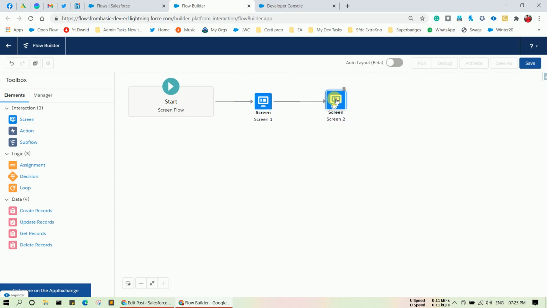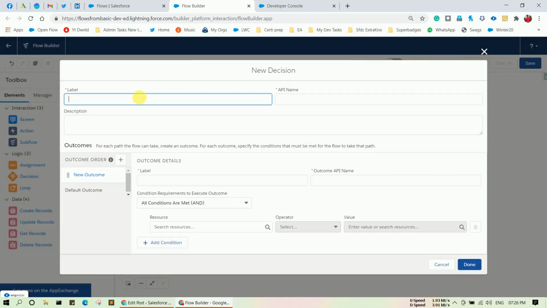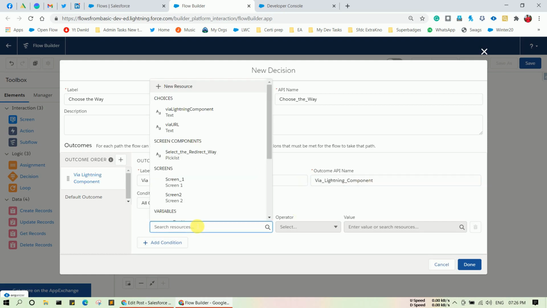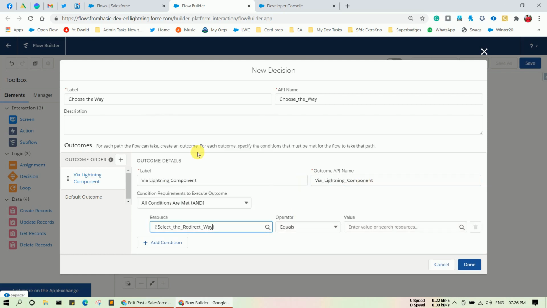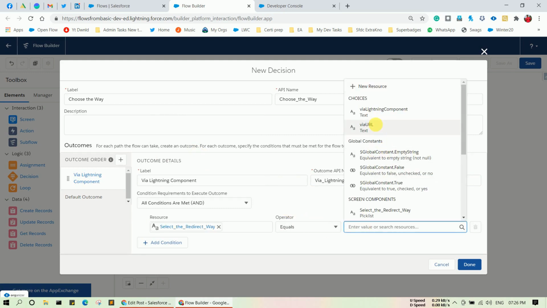Now I am going to use a decision element. Let's drag and drop a decision and call it choose the way. The API name is auto-populated, and I have to provide the label, let's say via Lightning component. Here you select the picklist: select the redirect way equals via Lightning component.